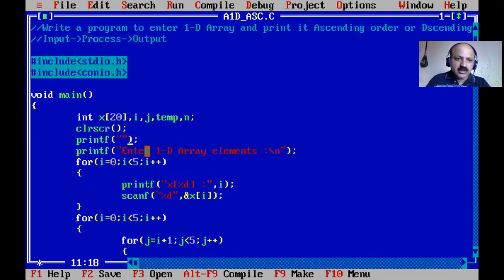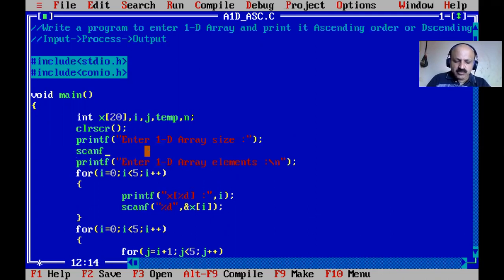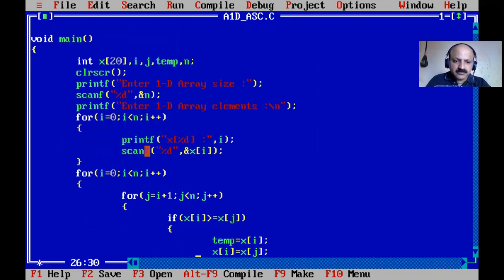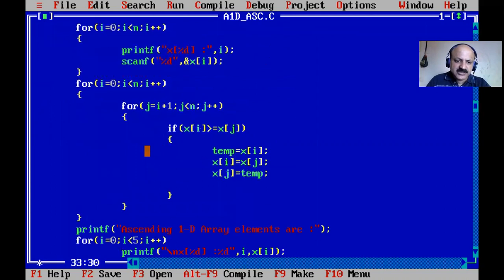So enter the array size, enter 1D array size. If you do not give any size, that is good also, but here we can control our loop. So %d and &n. So here I give the 5, here I also give 5, and here also give 5. Yes, and the remaining one in the last is 5. So the static 5 is removed and assigned to n. So that is a control for our loop.